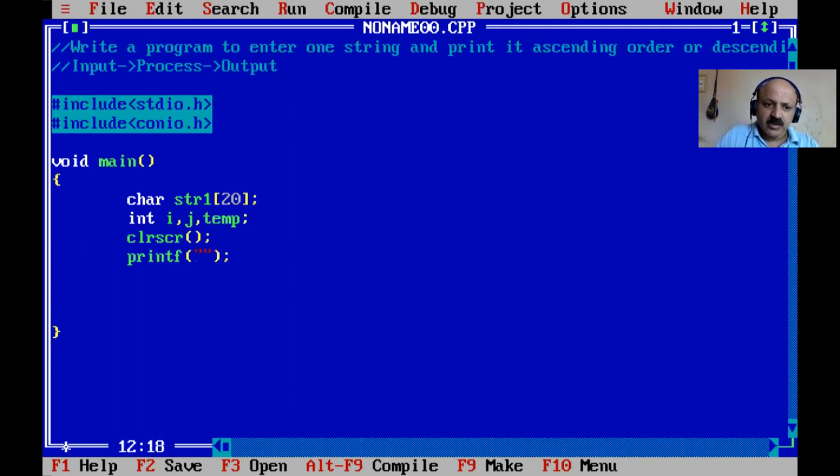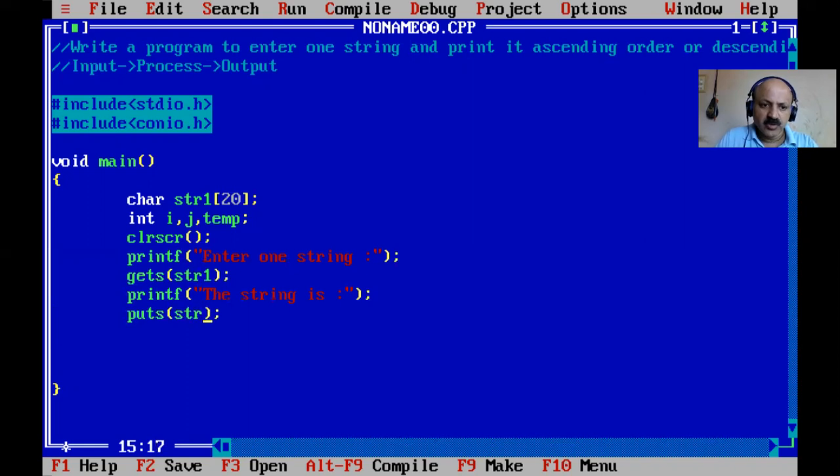So here temp also, and first we can scan one string. So yes, enter one string, that is our input. So we can use gets, not a scanf function. So here str1, and then we can output also. So first input, output, the string is, yes, and %s, or also we can use the puts function. Yes, so that is no problem. So you can also use %s and print, no problem. So yes, and then you can take the getch,